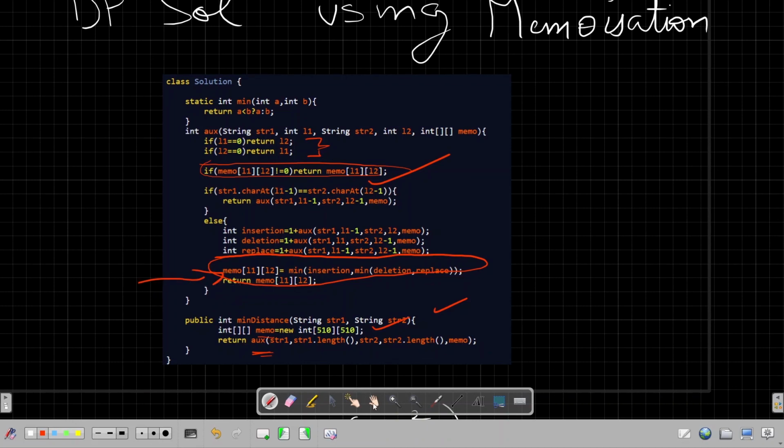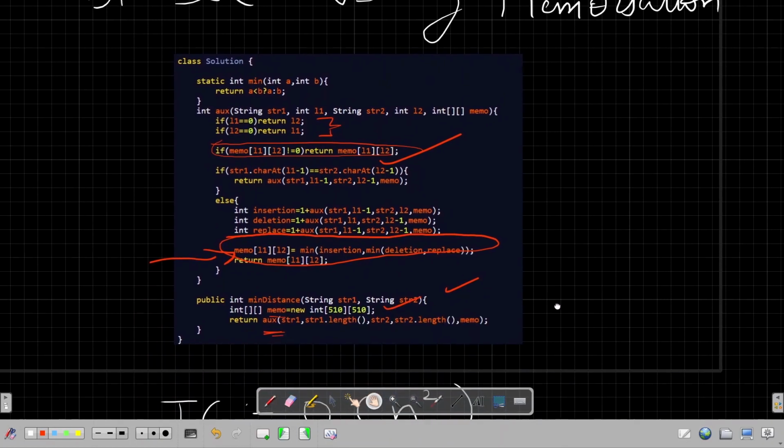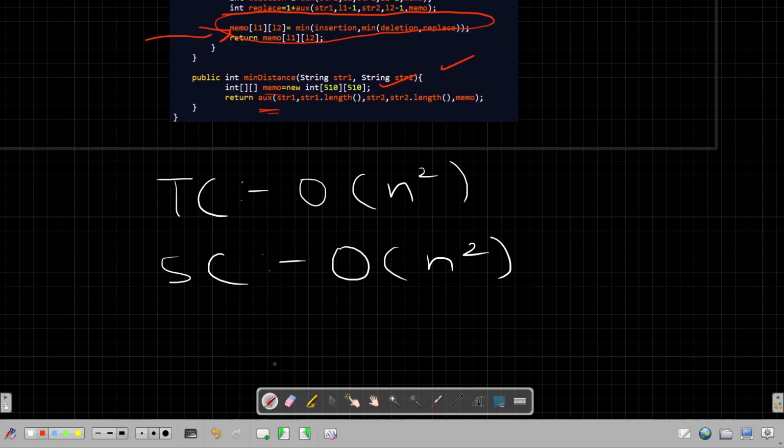So this was all I wanted to talk about with this problem. Before winding up, let's also check the time and space complexity of this memoized solution. This solution brings the time complexity down from exponential to O of n square, which is quadratic time complexity, and space complexity is more or less the same.